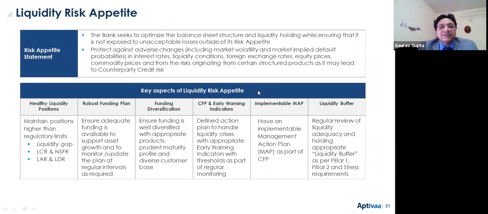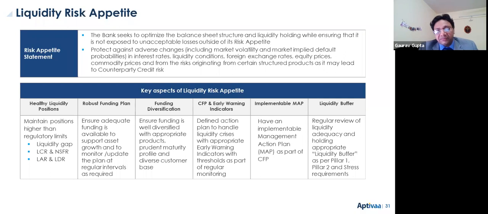Yes. Then is that the liquidity risk appetite. We have also discussed this to some extent. Like the liquidity risk appetite, there are things which obviously you need to have, that you must maintain a healthy liquidity position, and obviously there must be some indicators. The indicators may be the LCR, NSFR, the liquidity adequacy ratio, the loan to deposit ratio, the liquidity gap. These are the metrics which generally banks follow, and there is merit in following these individual